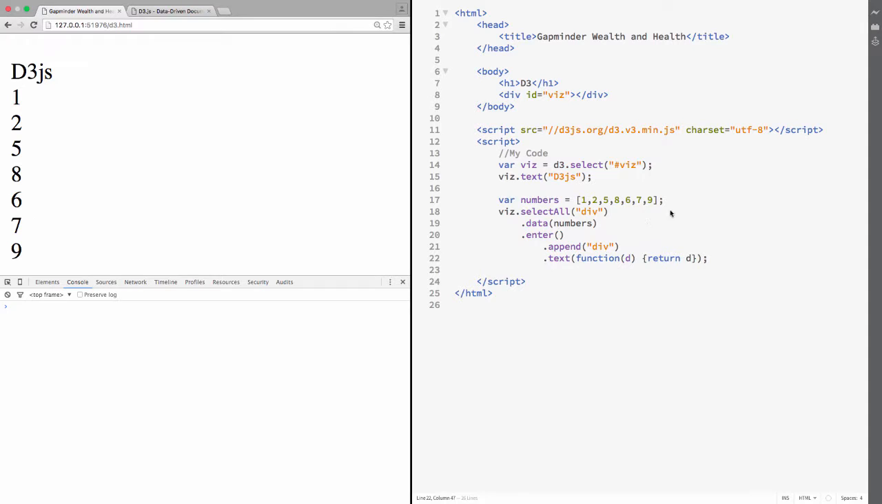Let's just review. So we are selecting pseudo divs inside this one. Then I am assigning the numbers. Then for each new number, that in this case are all numbers because all of them are new, I am creating a div and setting the text inside the div to be the number on my array. Okay,